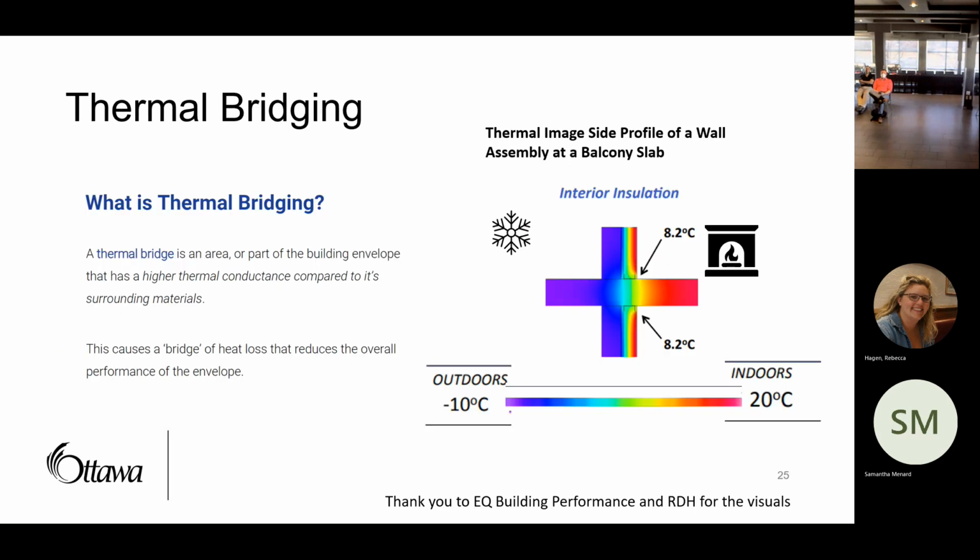The next is thermal bridging. So does everybody know what thermal bridging is here? Room full of engineers, good. Don't need to go into details on that, but